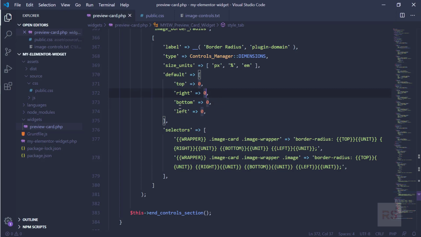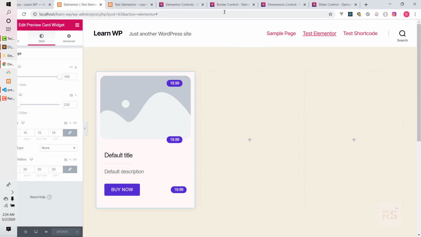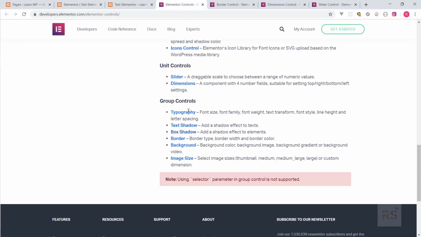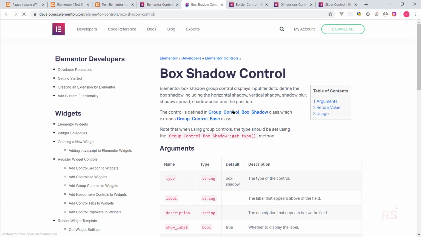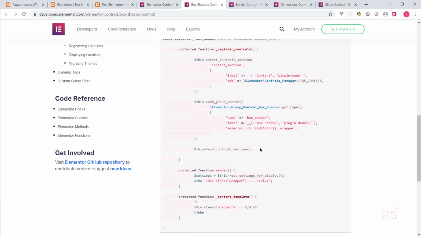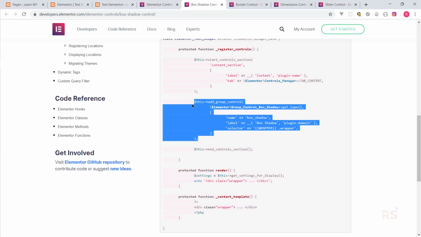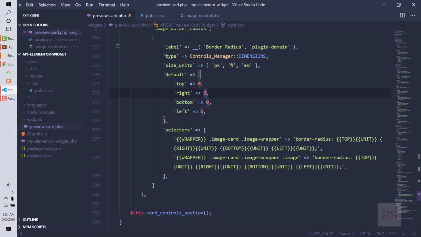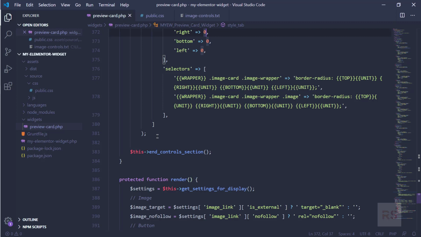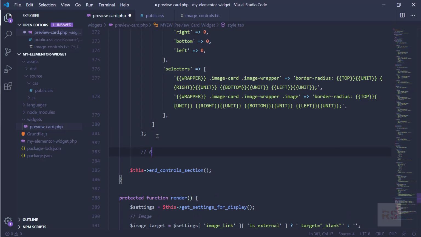So the next thing I want to add is a box shadow on the image area if the user wants. So let's go back to the Elementor control, and there is a group control, it is box shadow. So let's open it and copy the code from here again. So this is the code. Let's go back to the backend, code editor, and let's say box shadow,